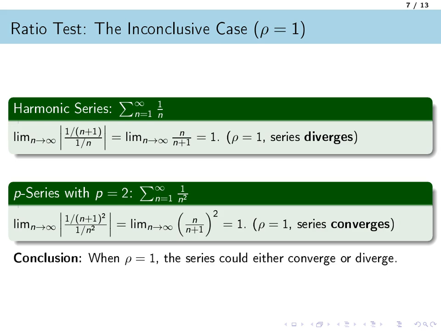We know this series converges, but when we apply the ratio test to this series, the limit of the ratio is also 1. Since we found rho equals 1 for both a divergent series and a convergent one, the test cannot distinguish between them. Therefore, if you calculate the limit to be 1, the ratio test provides no information about